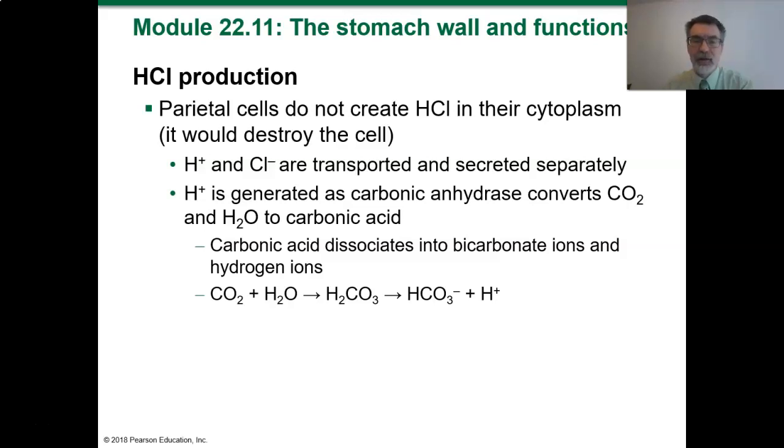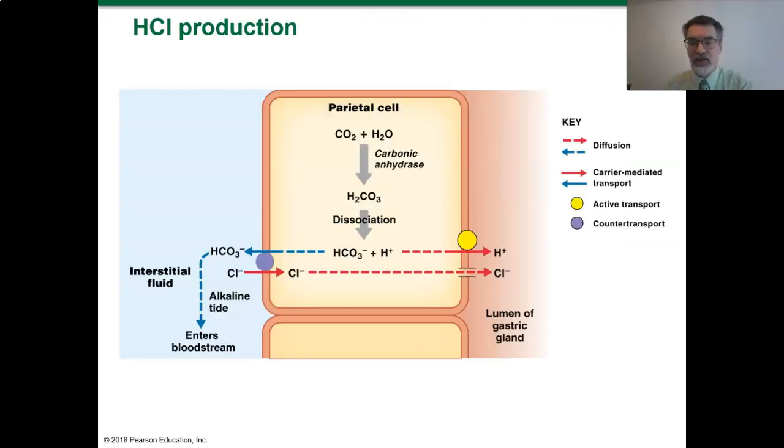That carbon dioxide, when it reacts with water in the cells, can produce carbonic acid. That carbonic anhydrase enzyme that we said was in red blood cells would be in these parietal cells, converting carbon dioxide into carbonic acid. Carbonic acid dissociates into the bicarbonate ion and hydrogen ion. So CO2, carbonic acid from carbonic anhydrase. We produce bicarbonate ion, a buffering ion,